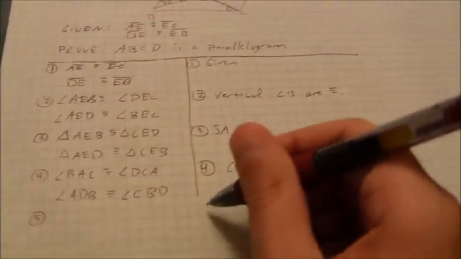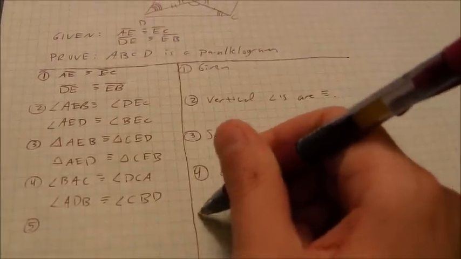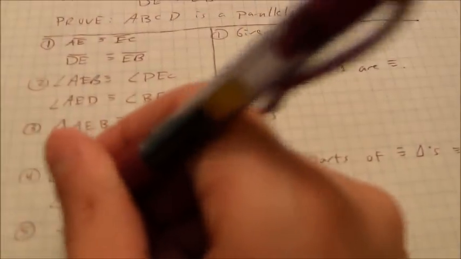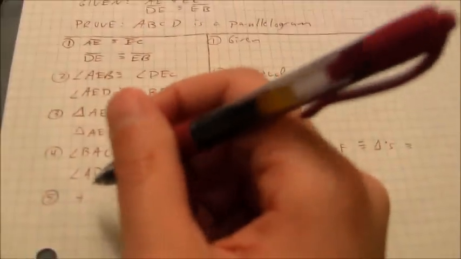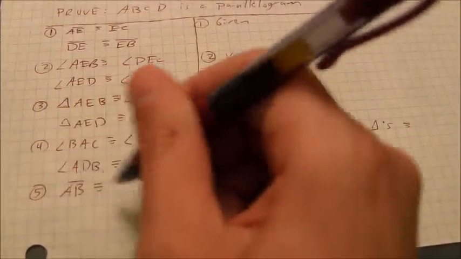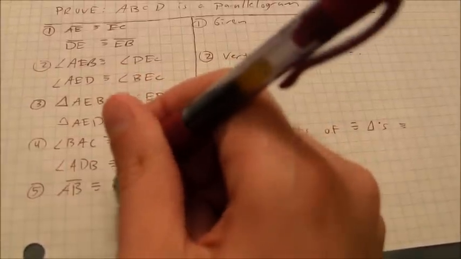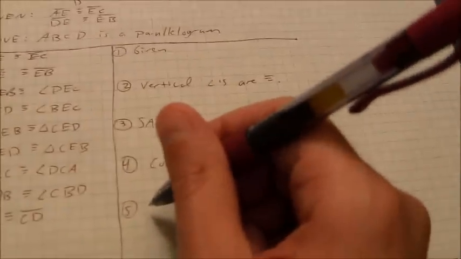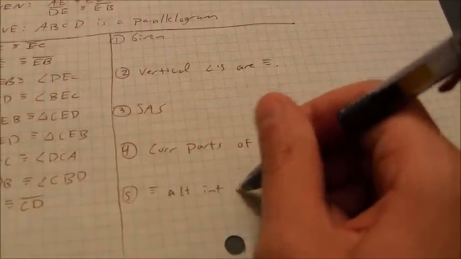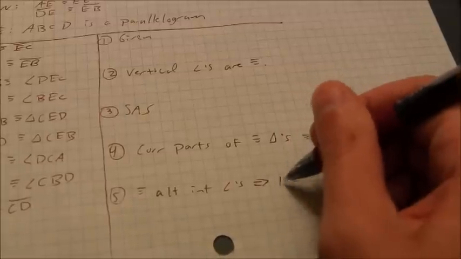And those pairs of congruent alternate interior angles are going to show that line AB is parallel to CD. Because congruent alternate interior angles implies parallel lines,